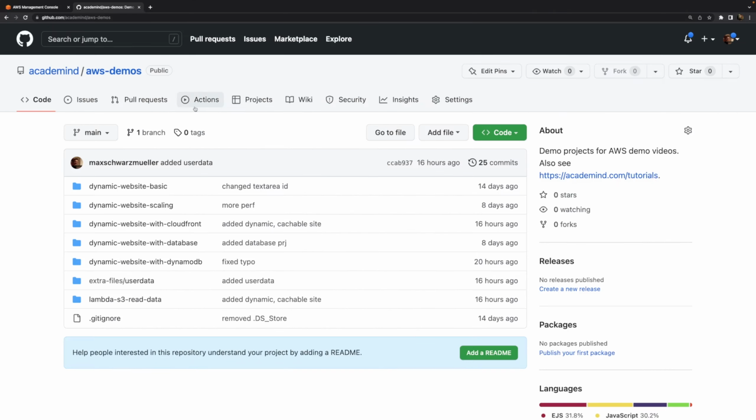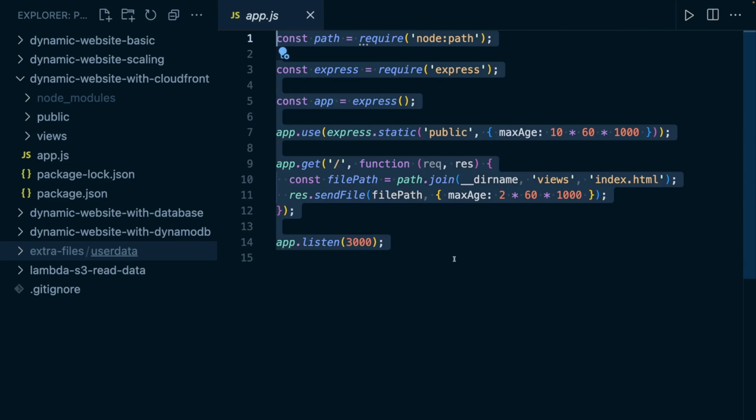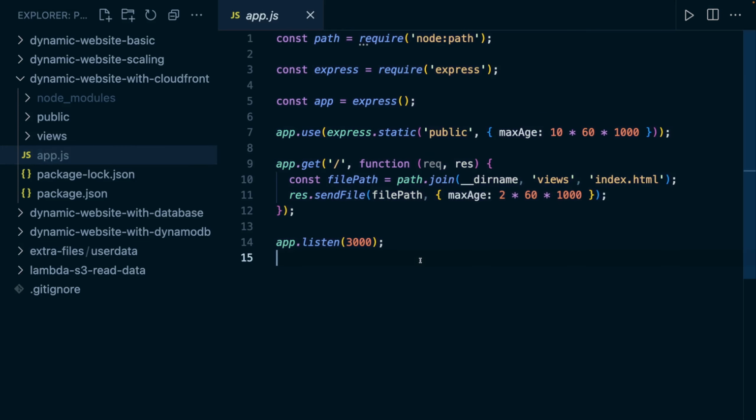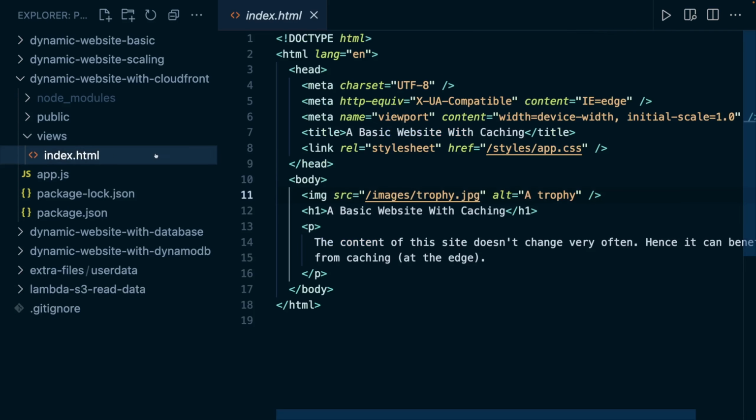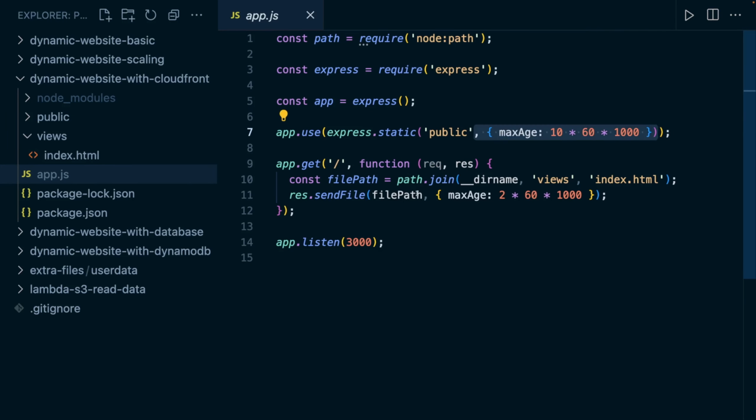Now, for that video, I do provide another demo code base, which you also find attached to this video. And it's a very simple web app that is started by this app.js file in this code, which I'm providing. It's using Node and then the Express package to basically listen for requests on one single path. And then I send back a predefined HTML page, which also isn't too fancy, but which does come with some styles and an image. And in this code, I also define some caching settings.